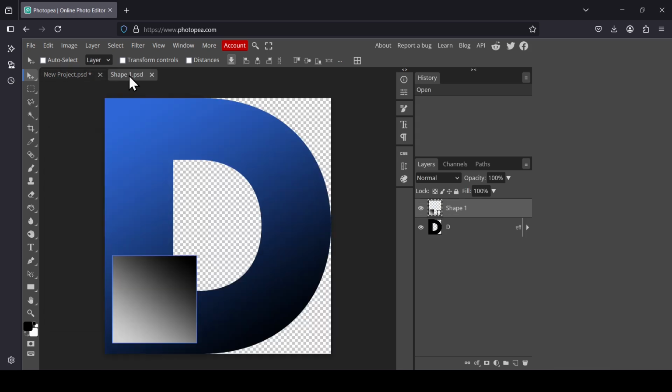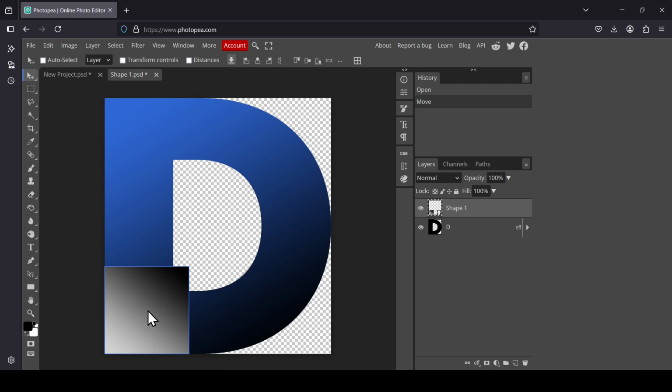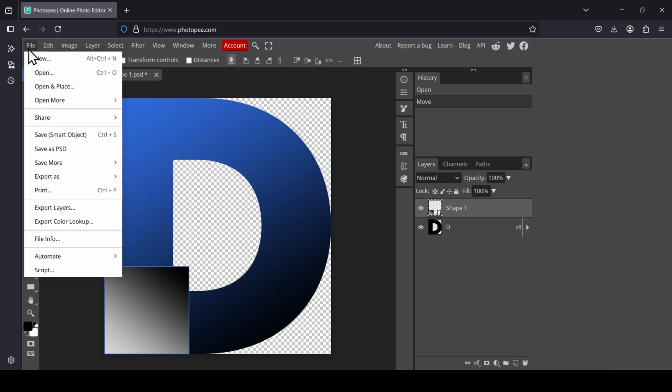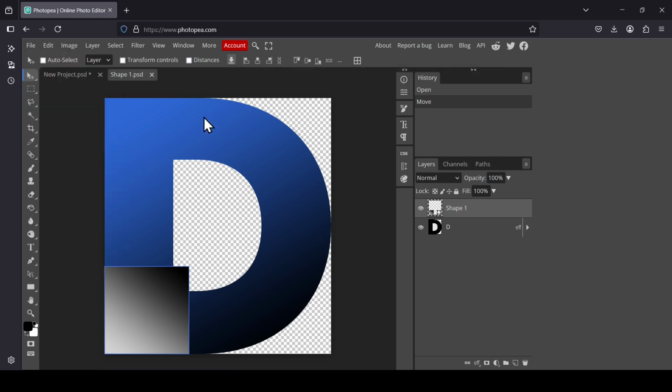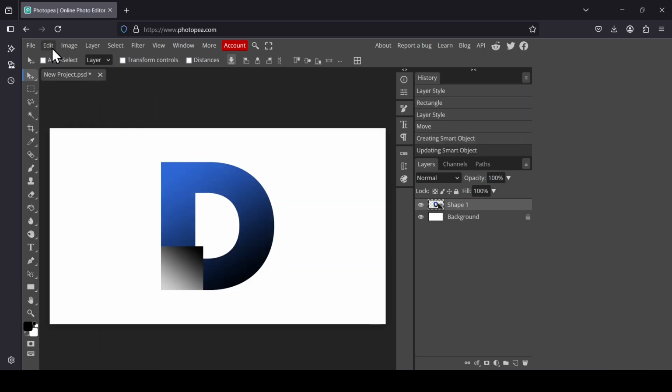So here we are inside the smart object, select the move tool, and now I'm going to move the rectangle to the bottom left corner. So here, as you can see, it snaps. Once you're done, go to file and then select save smart object, and now you can delete your smart object here, and now go to edit,